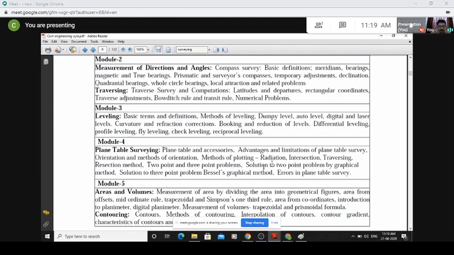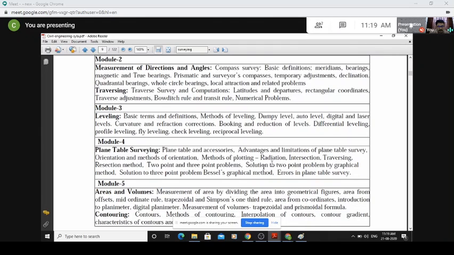Whenever you use these equipments like the dumpy level or auto level, they may have some errors because of the atmosphere in which they are working, and there may be a correction to be applied because of the Earth's surface. Earth's surface has a spheroidal shape, you know that. So having a horizontal plane on a spherical ground, you should know what corrections to be applied.